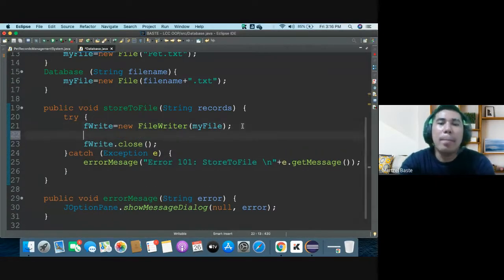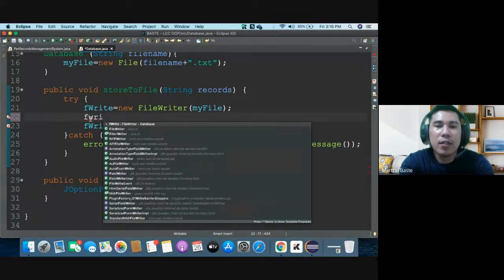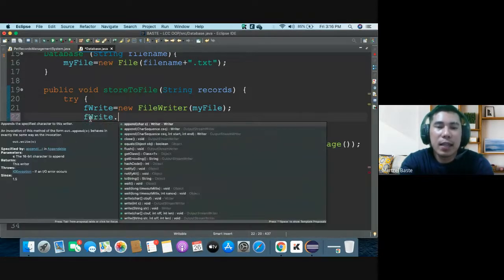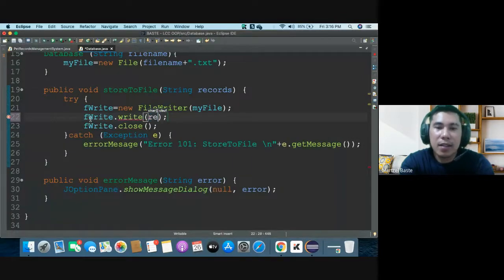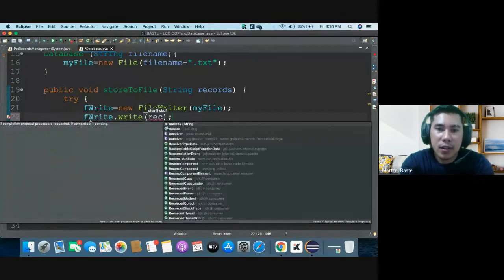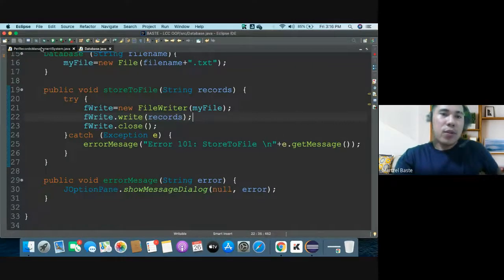Okay. So what we are going to do with this one is, let's store the records. So fwrite that, okay, write, and then let's have the records. Okay, so that's what we are going to do now. So from here,